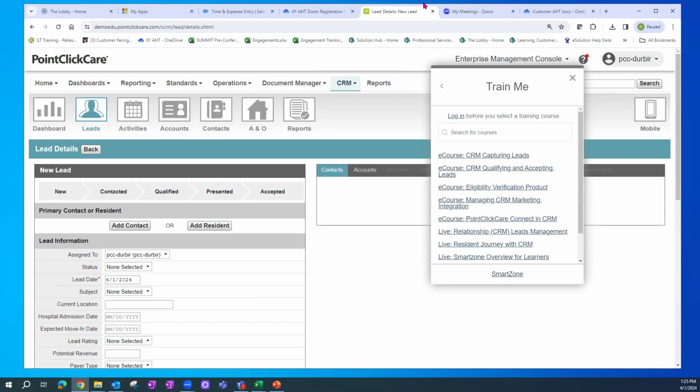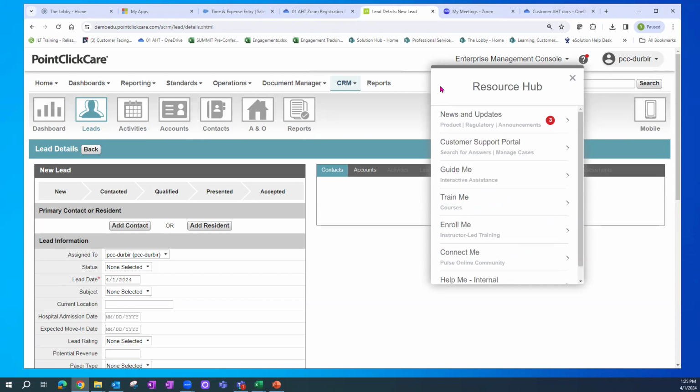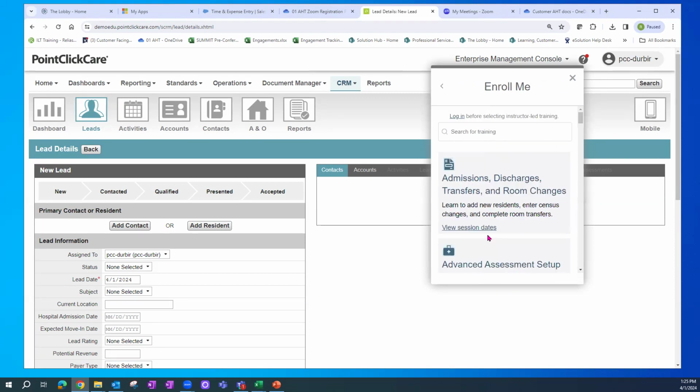But the e-courses are those ones that are going to be watching the video, maybe interacting with it, where the live versions are actually instructor led, and we will hold about an hour and a half to 2 hour session on that topic. But you'll notice they also have it broken out into just the instructor-led training. So if I didn't want to see all those additional e-courses and I really wanted to sign up for what we now call virtual VILTs, virtual instructor-led trainings, I can access and only look at those or even search